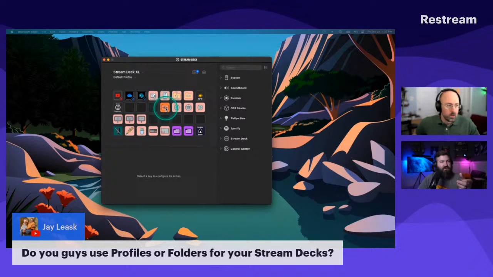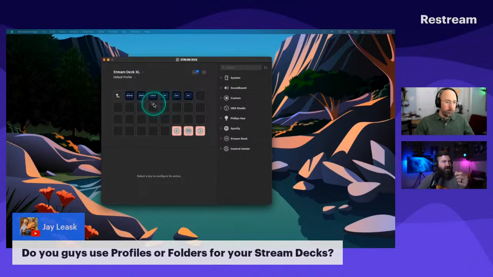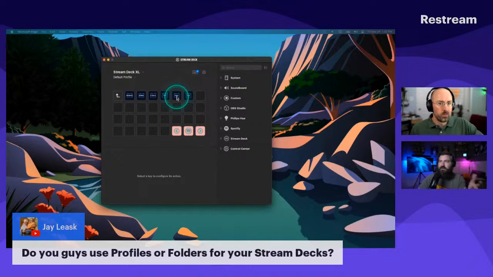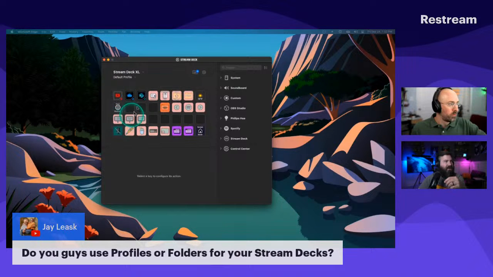But this one right here, this is just a folder. If I click into that, these are some sound effects that I've got. You can't really read this, but there's a whoosh and crickets and the Mario death sound whenever Mario dies in a level. I've got that as a sound effect that I can put into a Teams meeting.